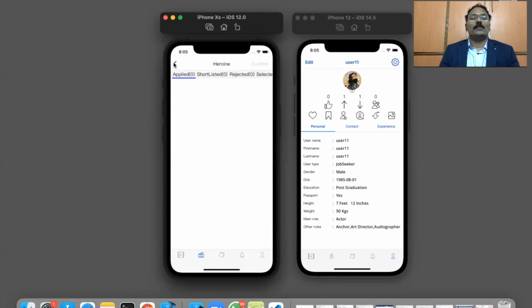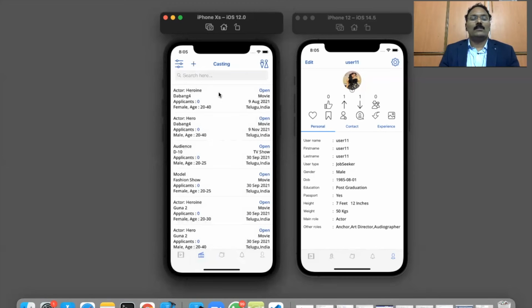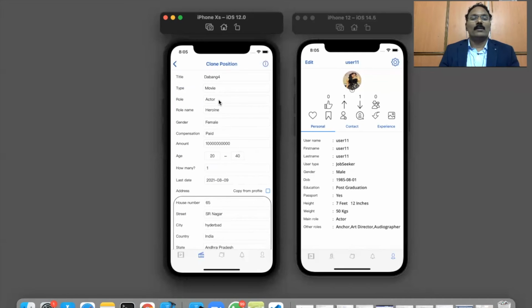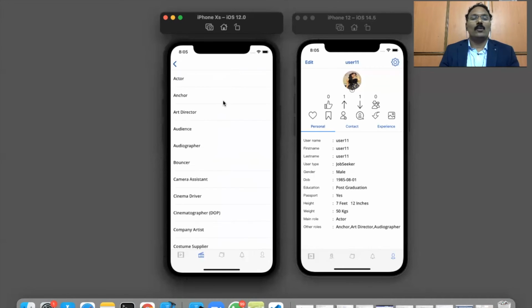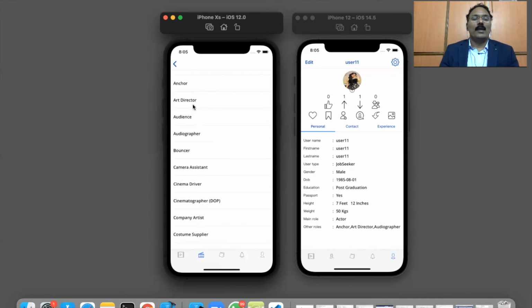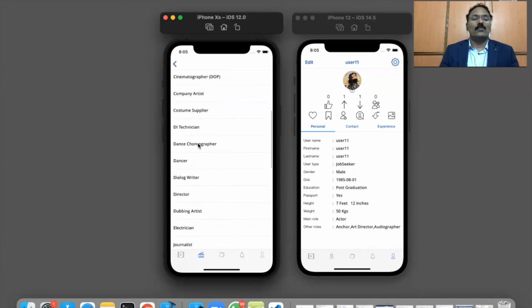And I'll show you some other roles. Suppose you want to hire a DOP, just click on this role. You can see all the roles. All 24 crafts of a film industry are added here, and also I added some more categories. You can see here: anchor, art director, all are 24 crafts.